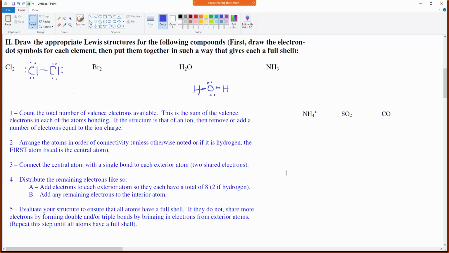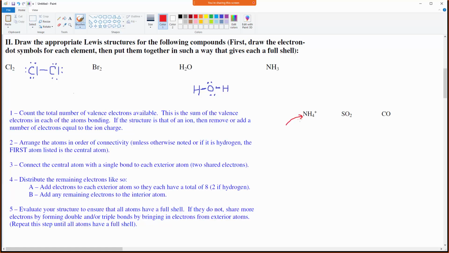So that's why these are tricky and they take a little bit of extra work. Okay, so here's our rules. Number 1, count the total number of valence electrons available. This is the sum of the valence electrons in each of the atoms bonding. If the structure is that of an ion, then remove or add a number of electrons equal to the ion charge. So the number of valence electrons available for bonding on NH4, we would say nitrogen is in group 5,